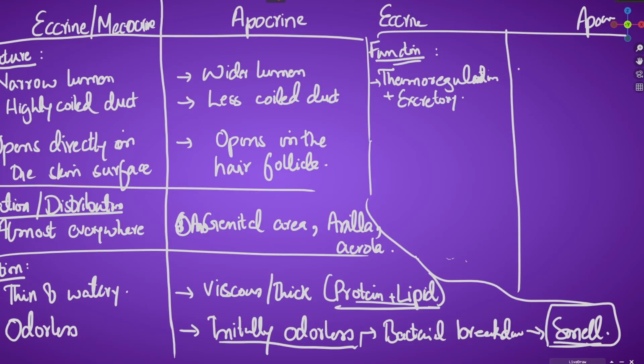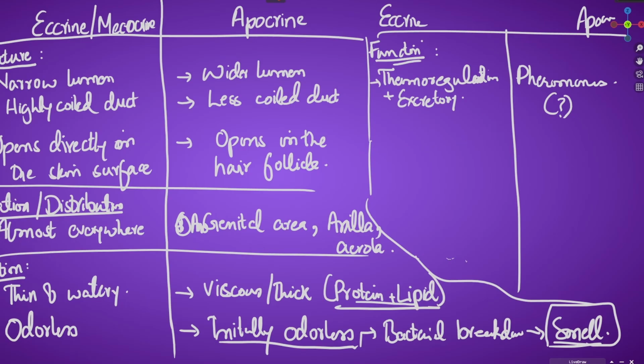Regarding the function of apocrine sweat glands, they release pheromones in animals, which basically produce specific odor that attracts the opposite gender. But in humans, typically the smell of your sweat does not attract the opposite gender. Mostly it causes repulsion, and that is why perfumes and deodorants exist. So the exact function in humans is not very well understood, to be honest. So this is a bit of a question mark, I think.